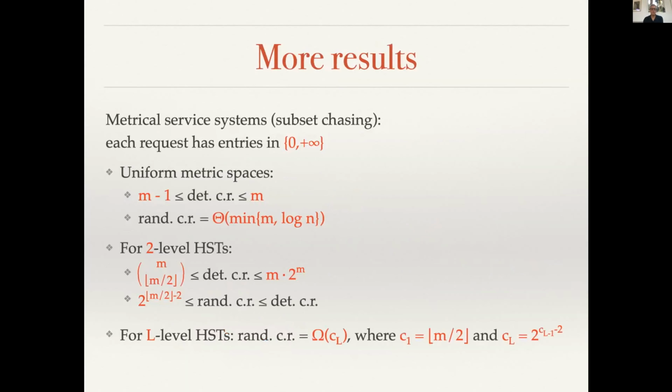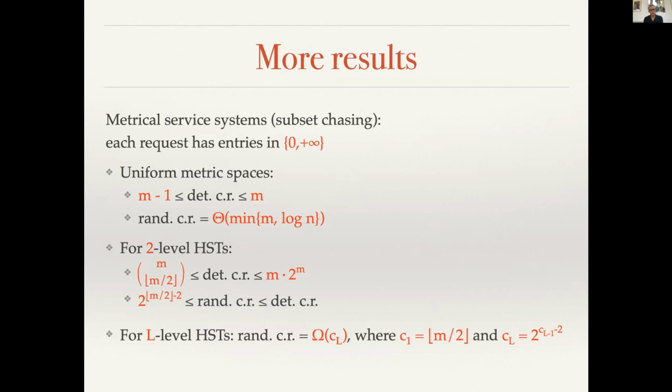Now, we also considered a somewhat more restricted version of metrical task systems called metrical service systems, or subset chasing, where the service cost is either 0 or infinity. So you're actually chasing subsets of the metric space rather than general service cost. And here, the situation is different. So in fact, for any level HSTs,